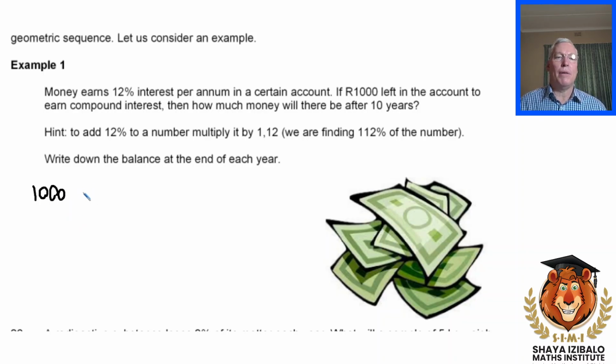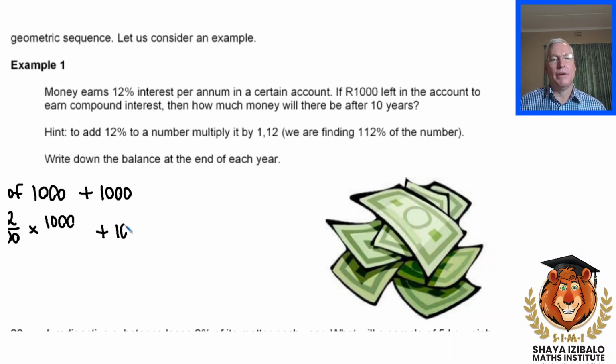If we want to grow this by 12%, we could find 12% of 1,000 and then add 1,000. Now I just want to show you that 12% of 1,000 means 12 hundredths times, remember the word of means times,